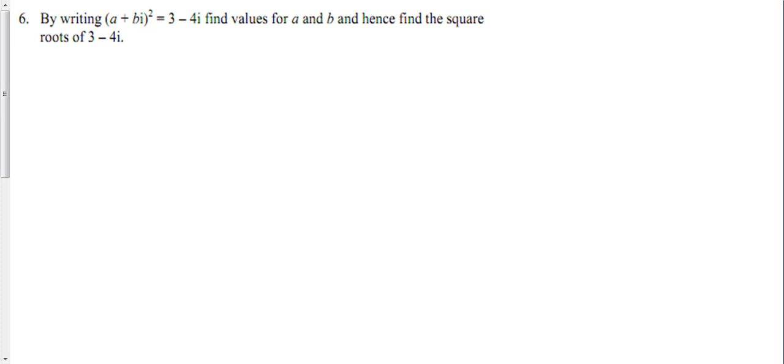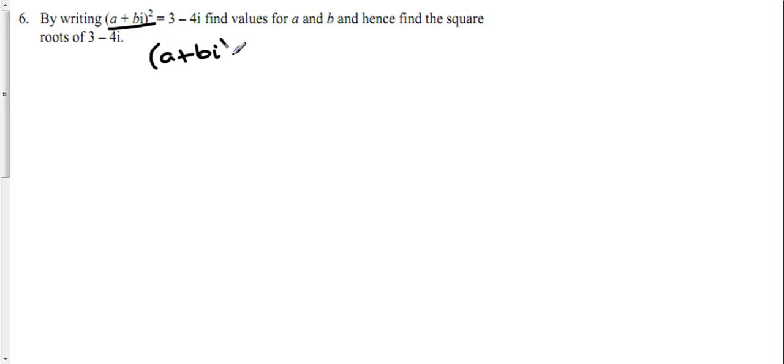Right, this is question 6 from your homework sheet on complex numbers and equations, and what you're asked to do was find the values of a and b if this is true, and hence find the square root of this. So to start off with, we're going to need to expand this expression here,